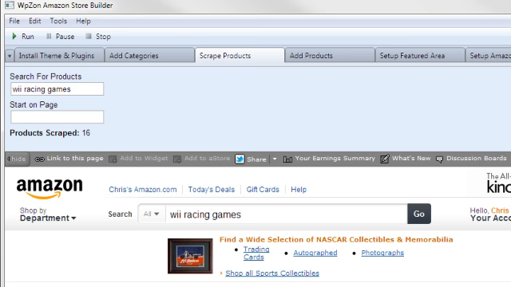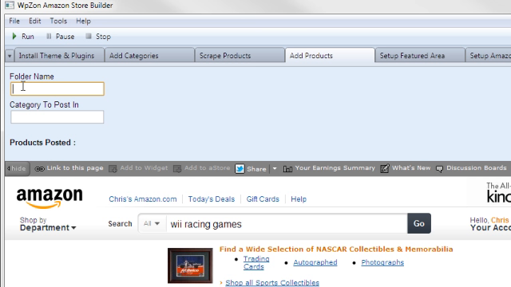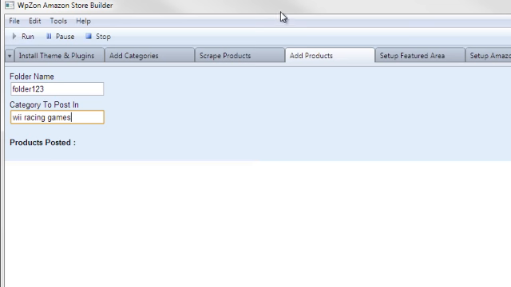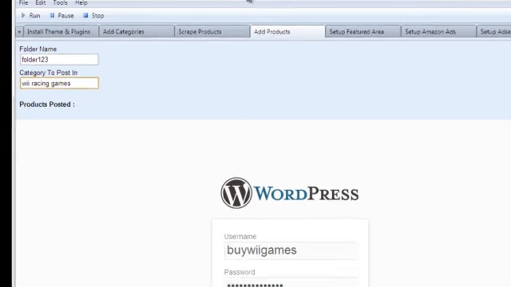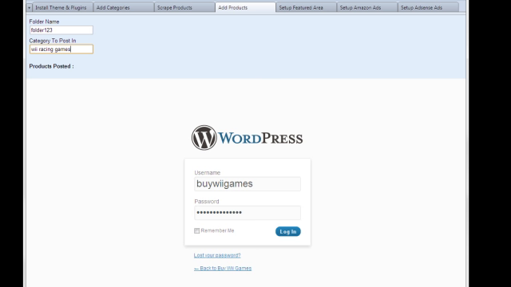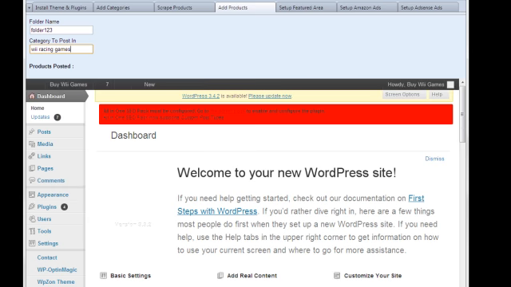All you gotta do is go to add products. Then you are just gonna make up a folder name. Click a category that you want these products to go into, which would be the racing games, and click run. And it's just going to navigate back to your site, and it's going to start automatically posting all of these products for you. It's going to post the image, it's going to post the title, it's going to post the description,